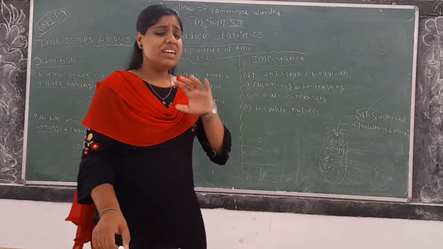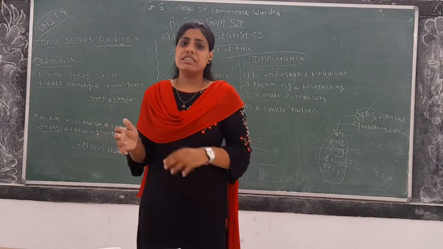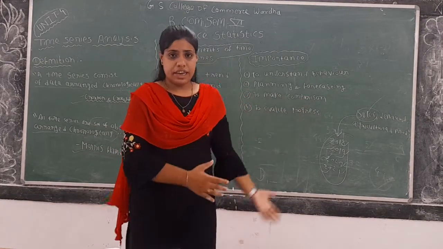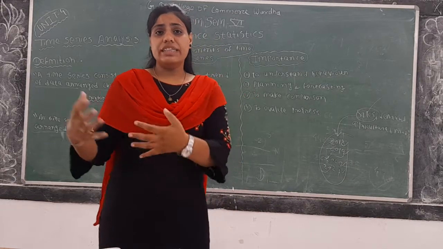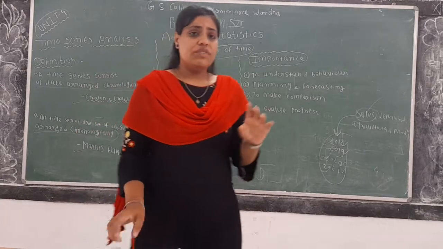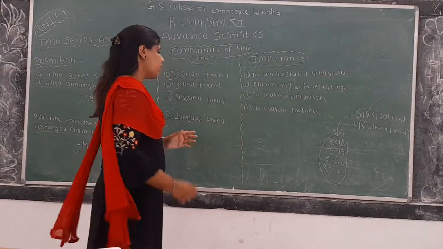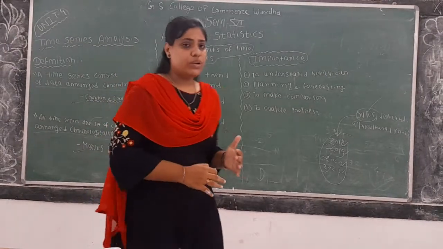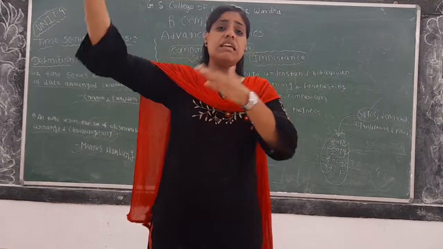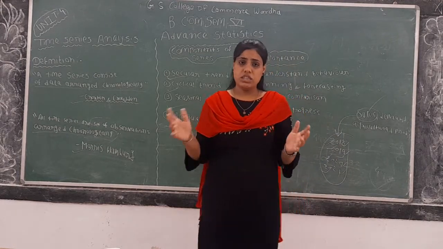See, there are particular items, some set of items which increase, decrease, or remain stagnant for a long period of time. Okay, so when we have such data regarding those items, it comes under the secular trend. The secular trend is again categorized into two types, that is upward trend and downward trend. Okay, so when we talk about the upward trend, when the data goes on increasing year by year, when data goes on increasing at different points of time, it is known as upward trend.